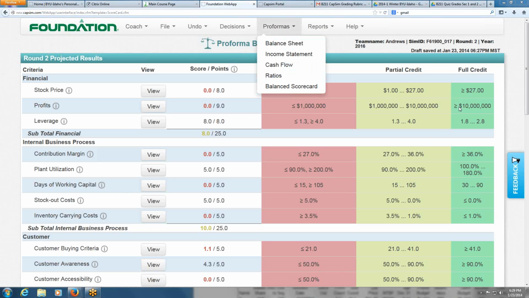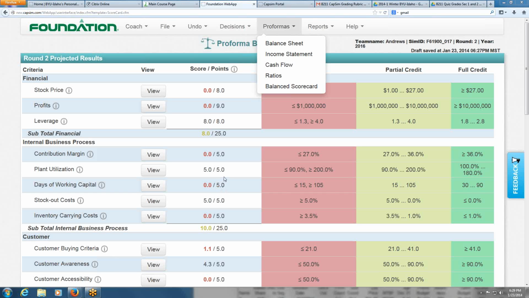Andy, can I ask you another question about this? Yes. So when you're looking at this, is it giving you the score for the next round, what you might be at the next round? Yes. Is that taking into account the decisions that you are making? Yes. So you can go back and adjust your decisions, and then look at this to see if it corrected it or got you to where you wanted to go? Yes, to see if it went up or lower, so you can keep going back and forth.